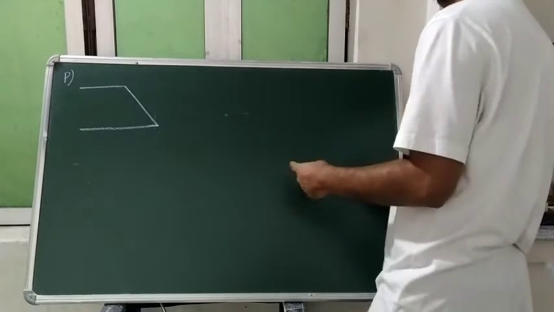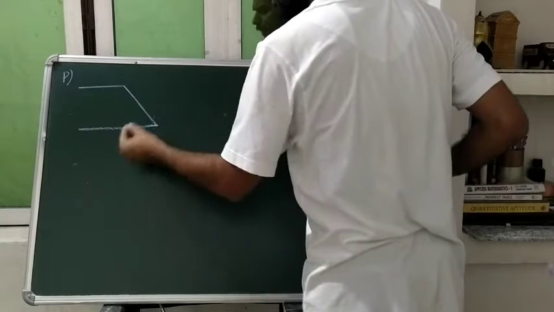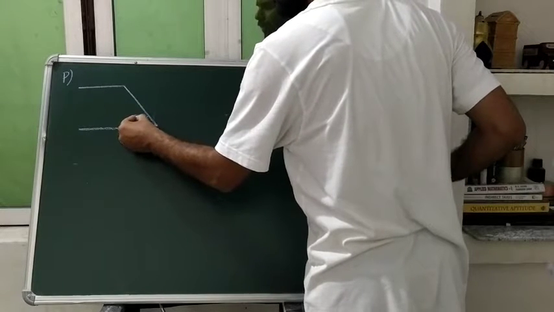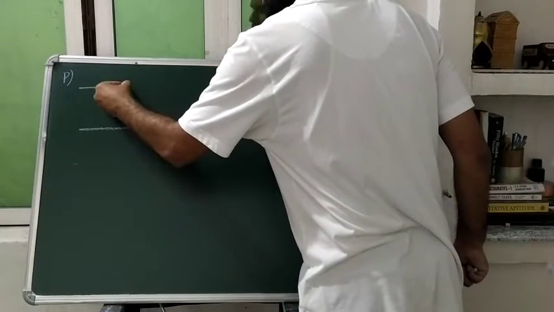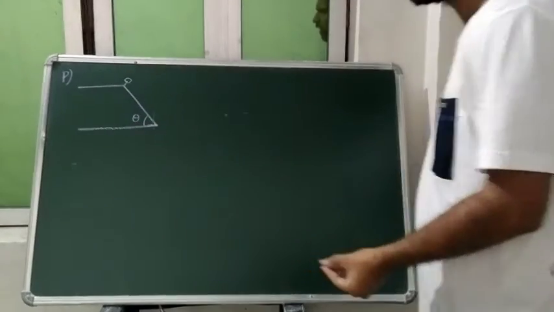In this, an inclined surface is present which has the angle theta, and suppose a pulley is present here which is massless, frictionless and fixed,